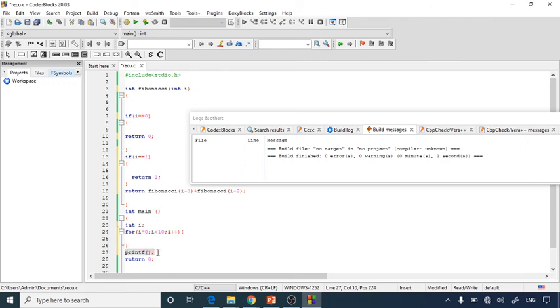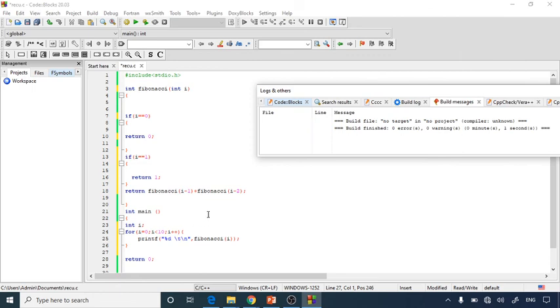I'm going to copy this and print %d \t \n, and then I'm writing Fibonacci of i. I'm not using the other printf statement because I have used it here with a return 0. So in this recursion I have made a Fibonacci series till maximum capacity 10.